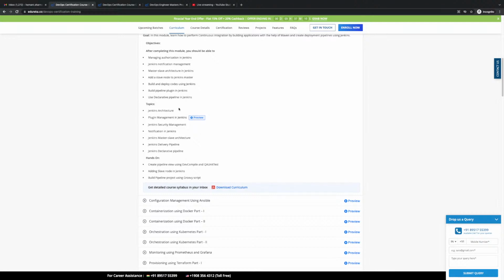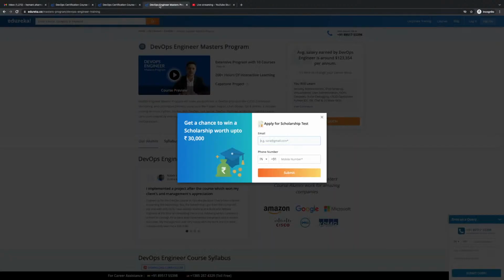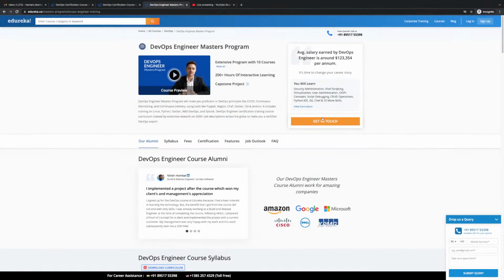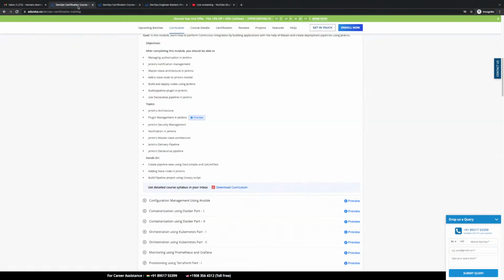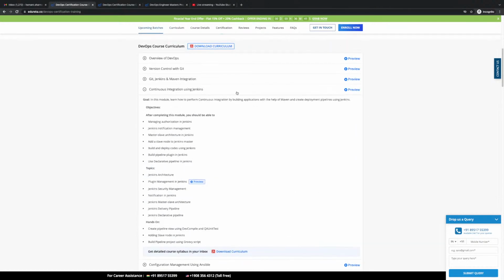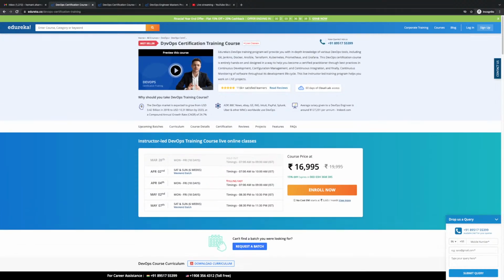Now, of course, there were a lot of skills out there. It also expected you to know a programming language. It also expected you to know a public cloud platform in detail. So for that, we also have one more course, which is the DevOps Engineer Master's program. So if you want to apply to an entry-level job, which can fetch you anywhere between 10 to 16 lakhs per annum in India, right, or 100 to 120,000 dollars in the US, then this course should be enough for you, right? The DevOps certification course.